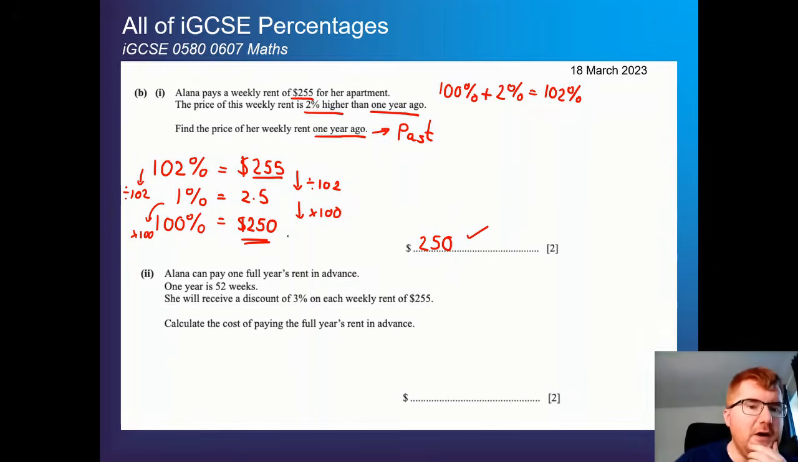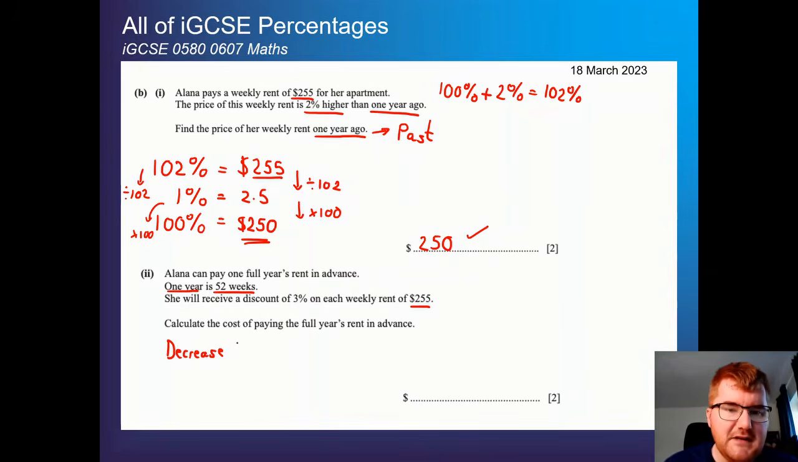Now, Alana, unfortunately, can only pay 1 full year's rent in advance. Now, 1 year is 52 weeks. That's important to note. She will receive a discount of 3% on each of the weekly rent of $255. So calculate the cost of paying the full year's rent in advance. So the first thing I'm going to do here is I'm going to decrease, as we're going to assume she gets the discount, decrease